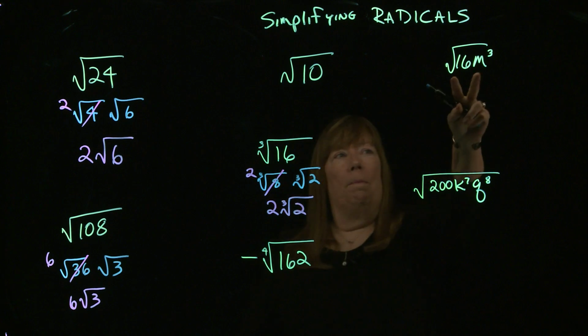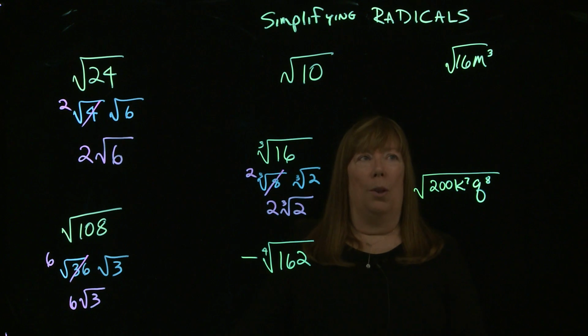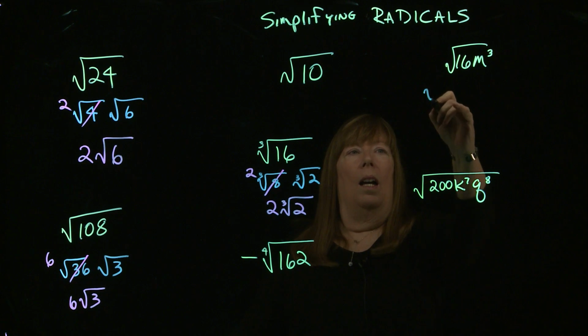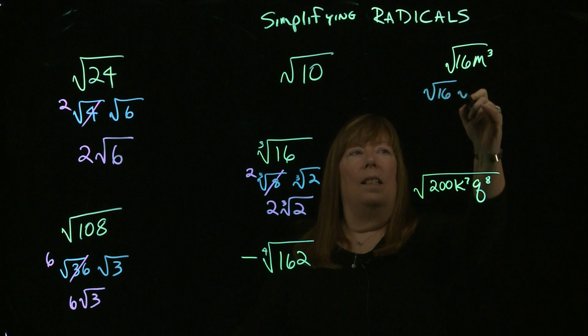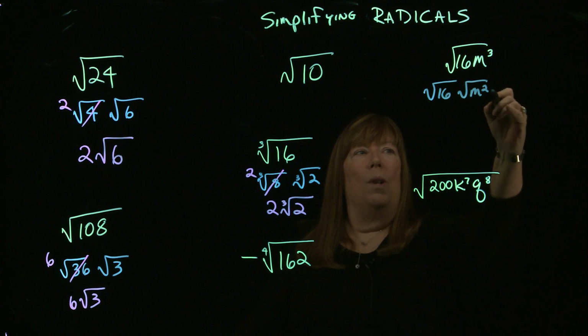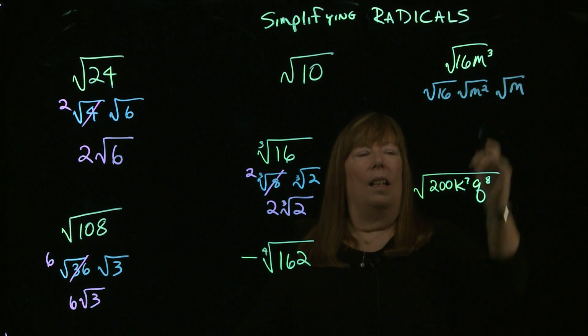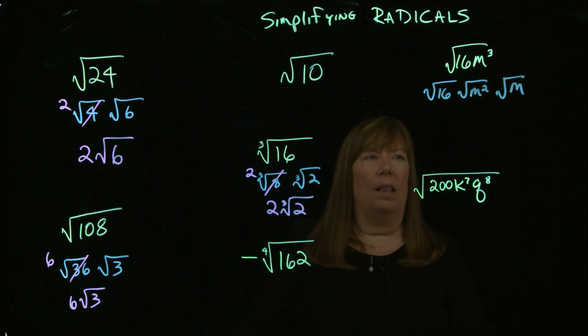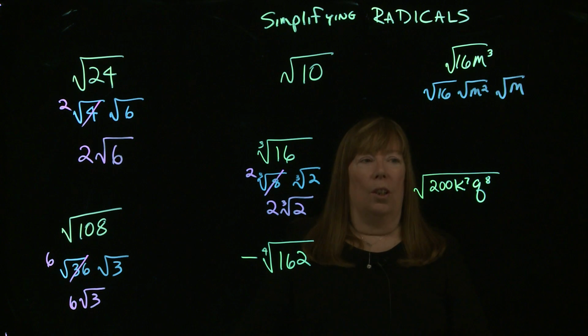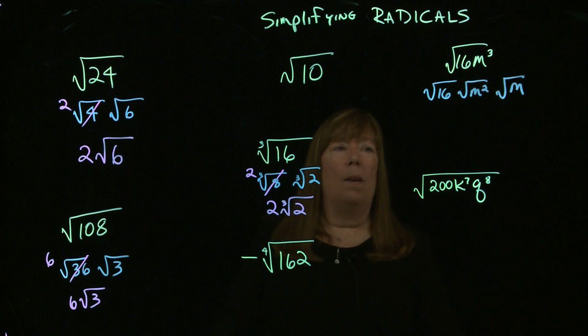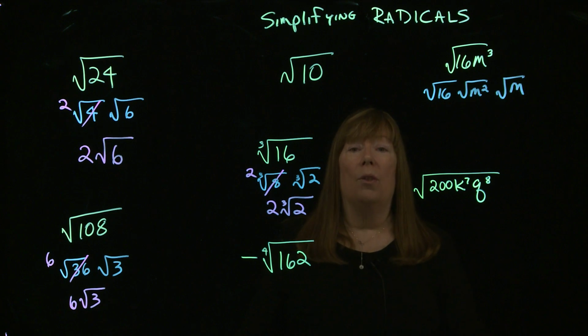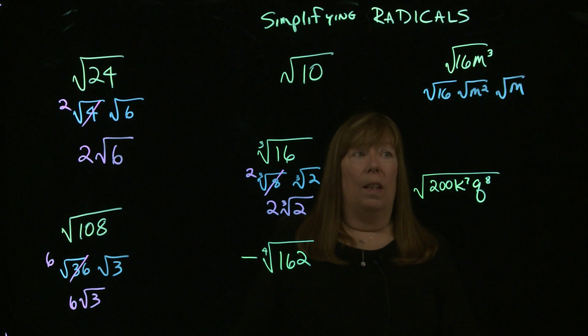How about this one? The square root of 16 m cubed. 16 m squared and m. Now, why did I do that? Why did I not break the 16 up, but I did break up the m's? Well, you're going to look at the numbers, and you're going to break them into perfect square parts and whatever's left over. And then you're going to do the same thing with the